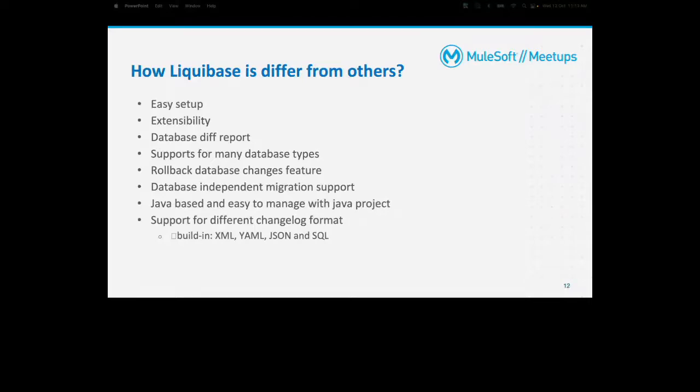So yeah, how it is different from the others. It is very easy to set up, and it is very extensible, and it has a database difference report. It can generate the database difference report also, and it's supporting many database types. It has rollback features and database independent migration support, and it is Java based and easy to manage with Java